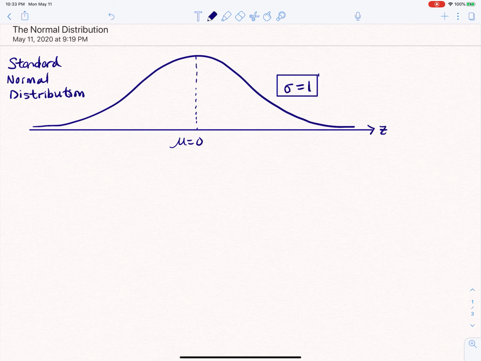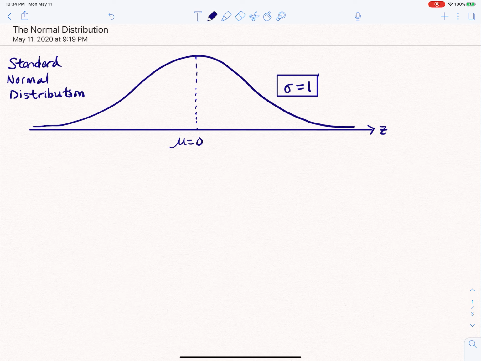Okay, so what we're going to do is look at probably the most popular distribution in statistics, and that is the normal distribution. And since all distributions can basically be whittled down to this so-called standard normal distribution, we're going to learn how to read this curve and how to find probabilities with this curve first before we move on